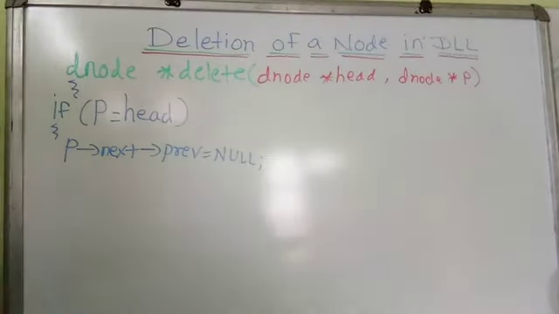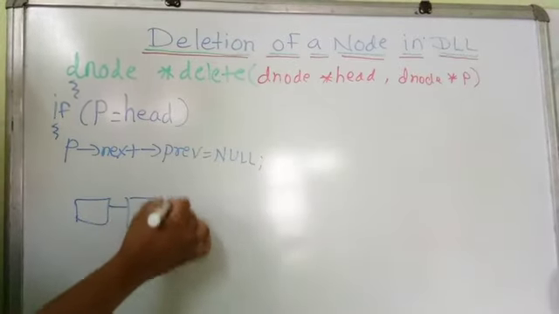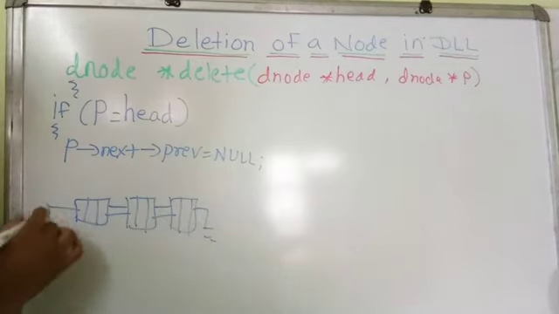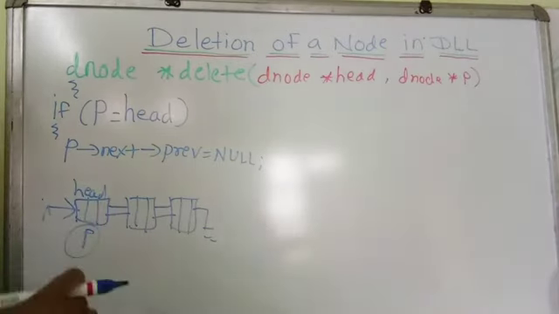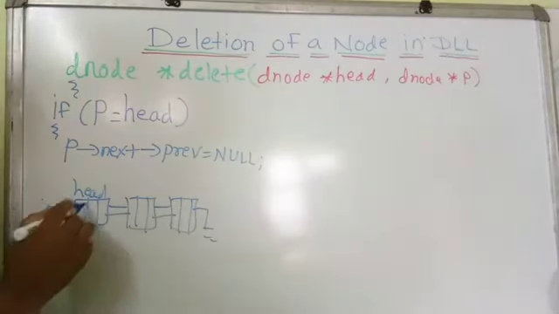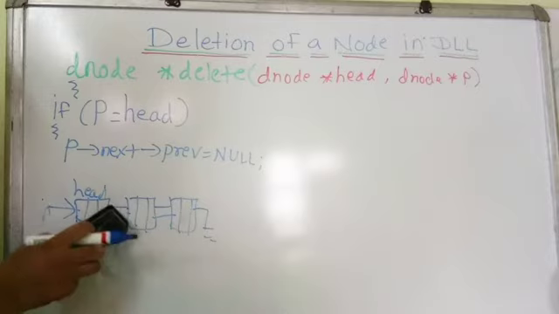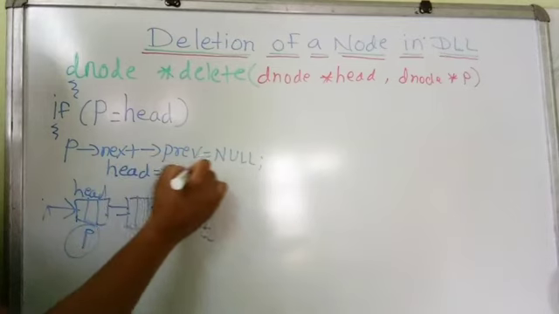What this statement indicates is that suppose it is a linked list, okay, doubly linked list. Now, if it is a first node and that is the node which the user had given us to delete, then simply we will make the conditions like p pointer next pointer previous equals to null. Means we are breaking these connections, means making it empty. Next, we will shift this head to the next, that is head equals to p pointer next.